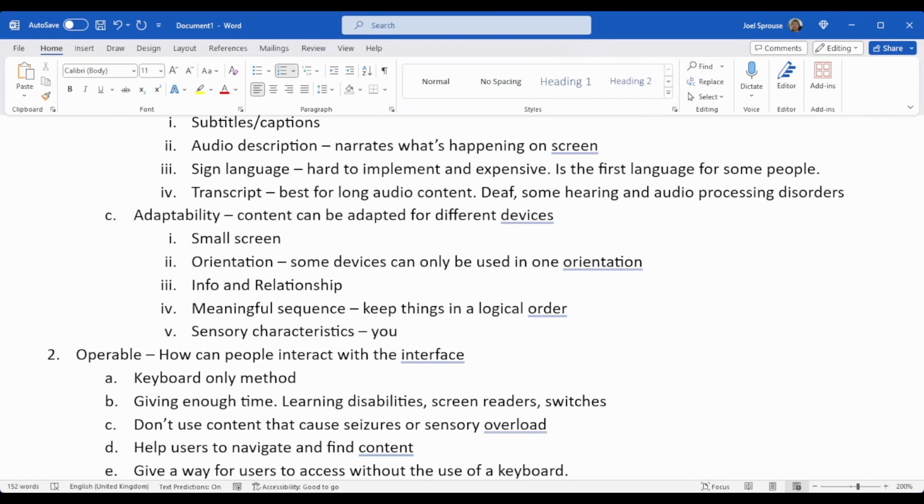So yeah, basically the long and short, to summarize operable, make sure you are given enough time. You're not creating anything that can overwhelm someone, and you are creating multiple methods for someone to interact with content.